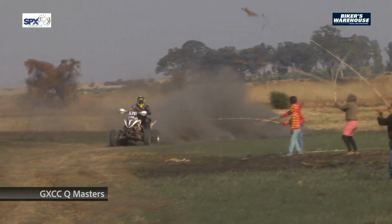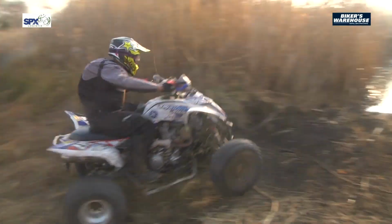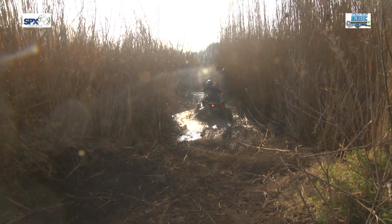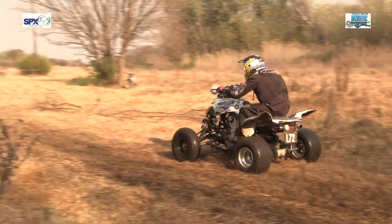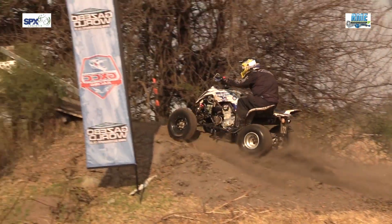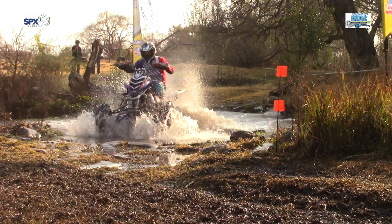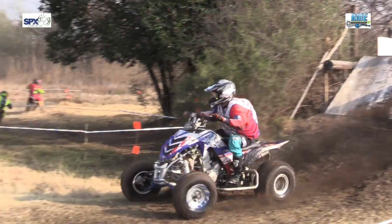Climbing the ladder then, 3 pro categories remaining in our quad races. First up, the stacked gate of Masters. HP Pretorius walking away with number 8 ride, with Roxy Dos Santos, who does like things a little bit more wide open, dropping down to a number 7 ride. Remember, a lot of the Dos Santos do run the big 700cc Raptors, and they are not the easiest things to get turning. They do carry a lot of weight up high,